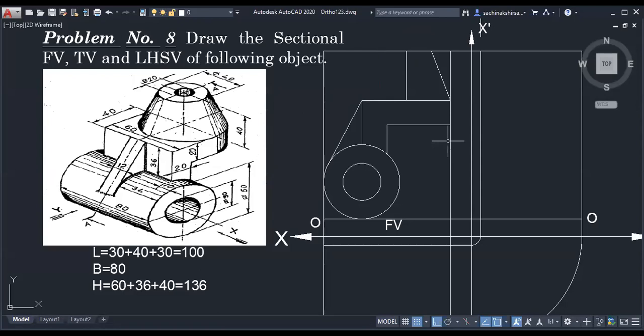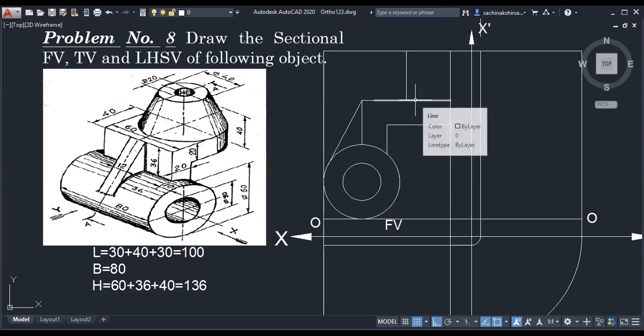Is it coming? Something has gone wrong. Just check. 40. So the middle of this 60, that middle we have to take. Height is how much? How much height is there for the topmost part? How much is it? Height is 40. Yes, sir. 40. Height is 40. Okay.